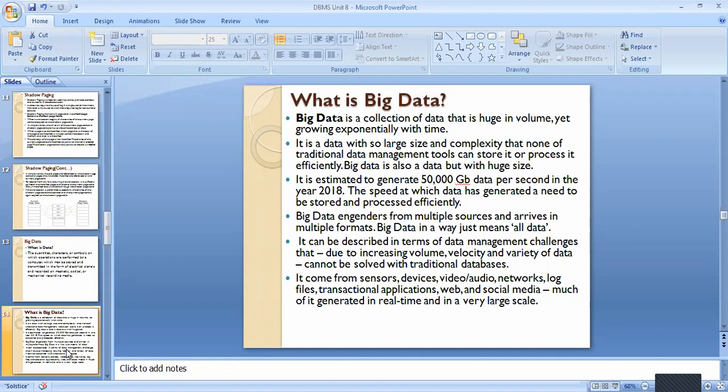Okay, so it is a data with such large size and complexity that none of the traditional data management tools can store it or process it efficiently. Big data is also data, but huge in size. So it is estimated to generate 50,000 GB data per second, sir, per second,